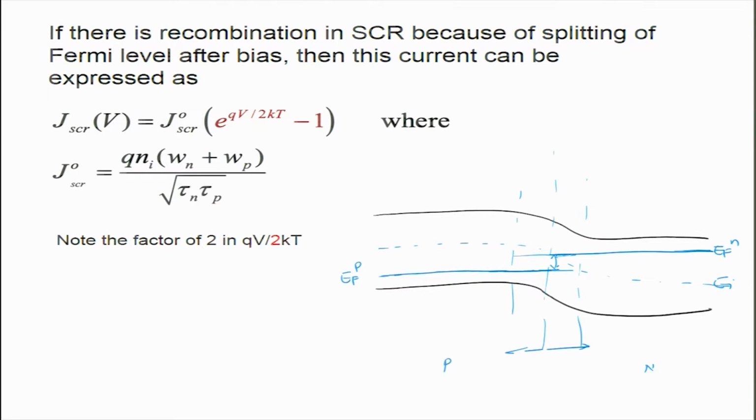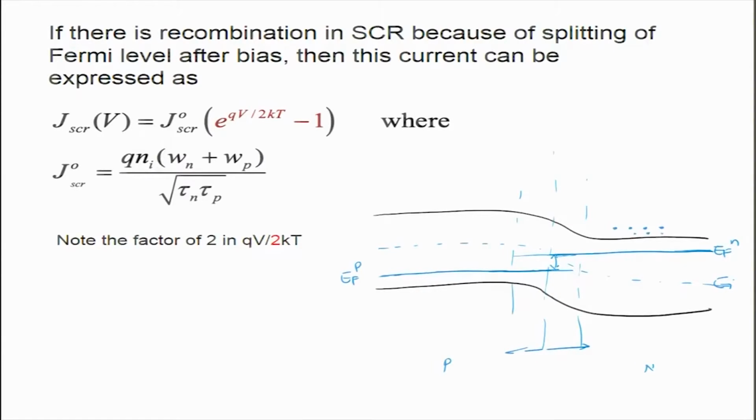Now, if you have a certain split of the Fermi level due to applied bias, and the fact that you have electrons migrating from one side to another and holes migrating from the other side, there is always a possibility of recombination within this region. Okay. So, when you have electrons going from here to here, holes going from here to here, there is a certain amount of recombination in the space charge region, and this space charge region recombination gives rise to what we call the space charge current, which we ignored in the p-n junction dark analysis earlier.